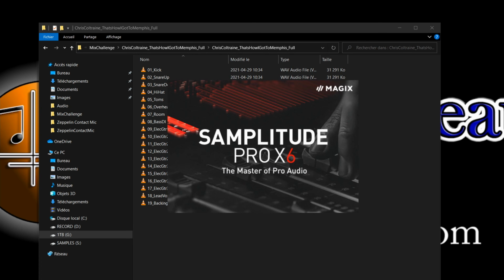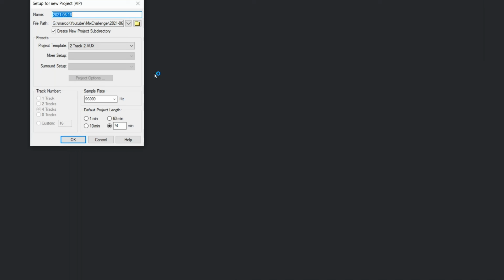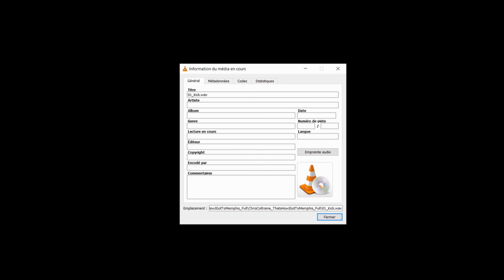I'm using Samplitude, but this applies to any DAW. So I'm going to open Samplitude and create a new project. And I'm going to leave it like this for now. You have to make a choice if you want to mix at the original bitrate. You can check what kind of file it is. If I load this track, which is the bass drum,